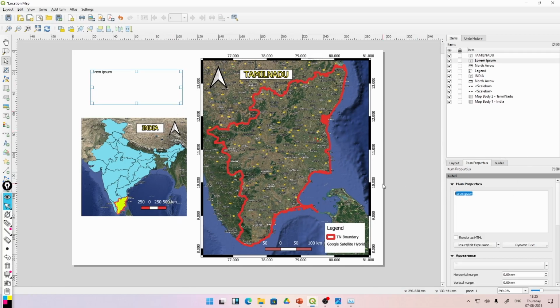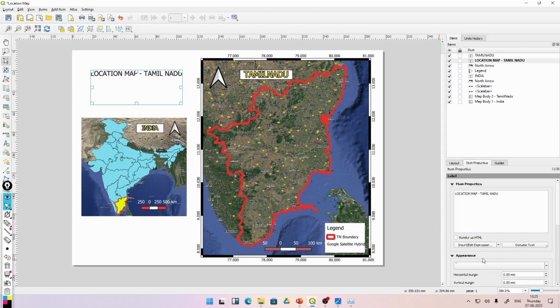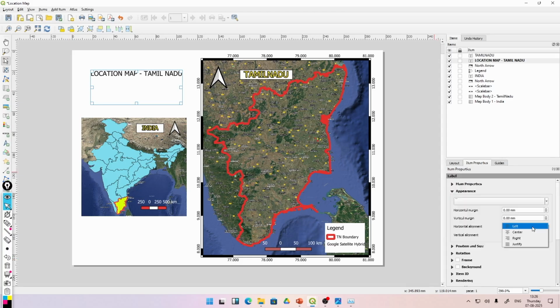And I will name it as location map Tamil Nadu, and I will just quickly change the size, and then I can just quickly change the alignment. We will change vertical center,